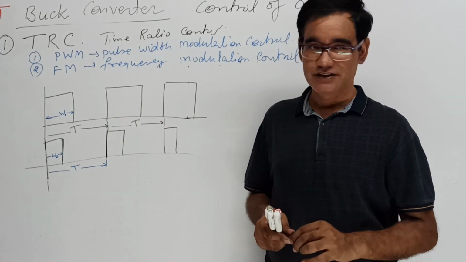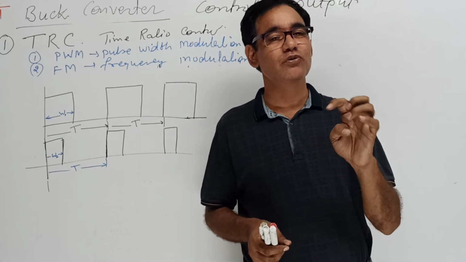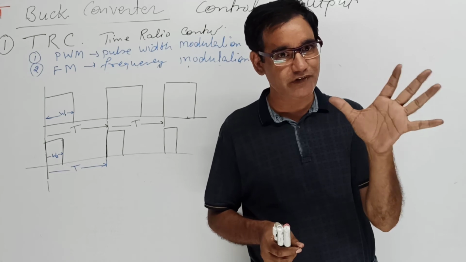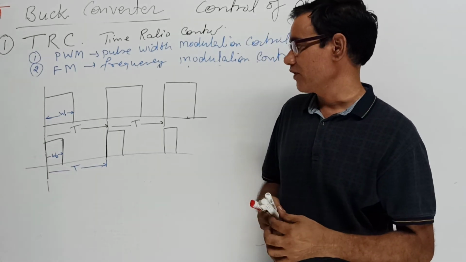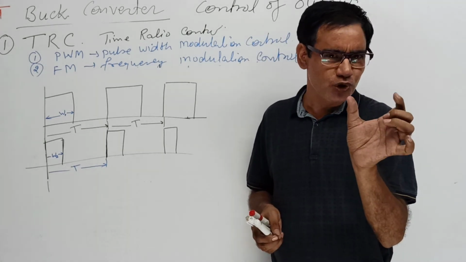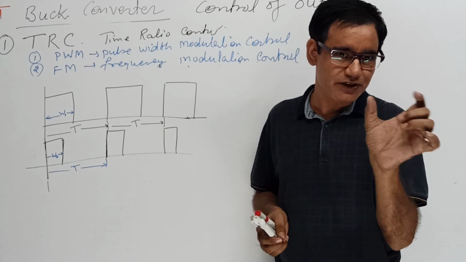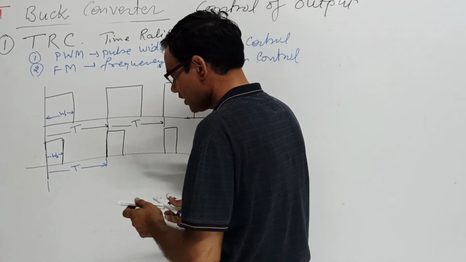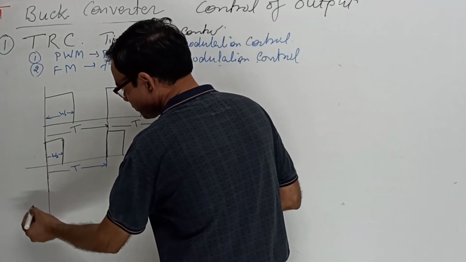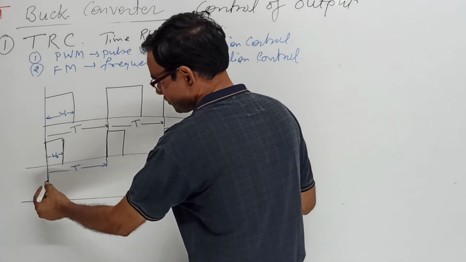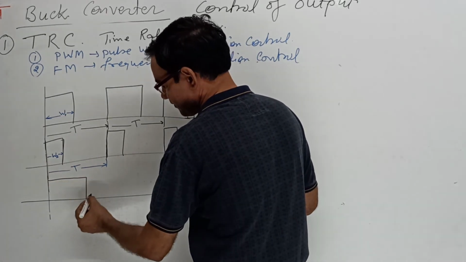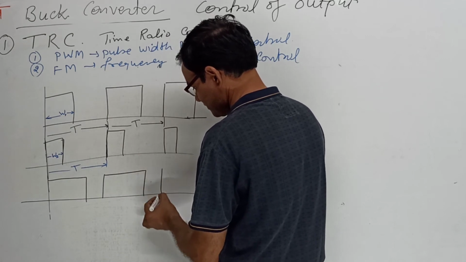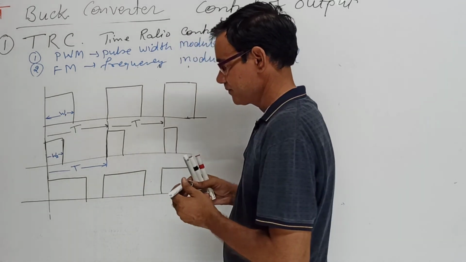Constant frequency. The total cycle is the same, so 1 upon the total cycle is the operating frequency, which is the same; the switching frequency is the same. The width of the pulse, meaning the on cycle, is different. The on duration will become less or higher depending upon the output voltage. If we require more output voltage, the pulse width will be high. The wider the pulse width, the more output we will require.